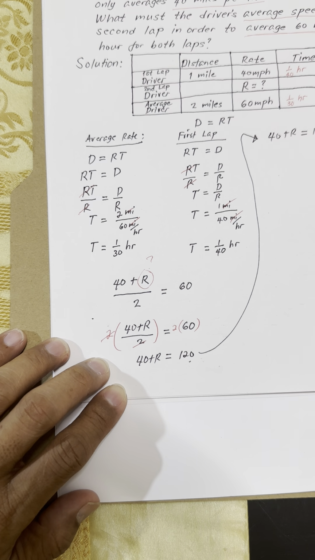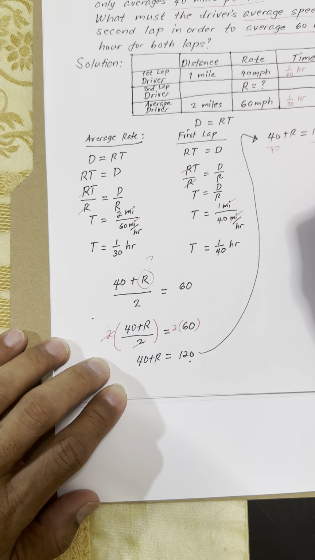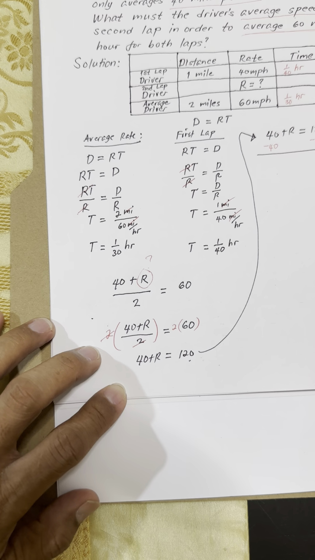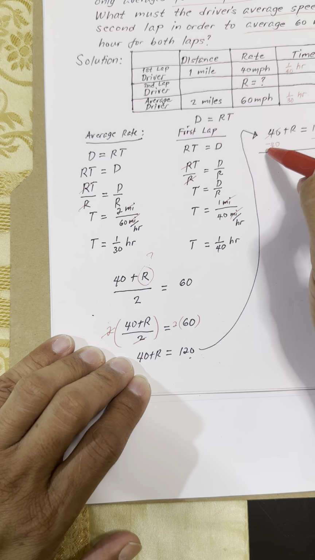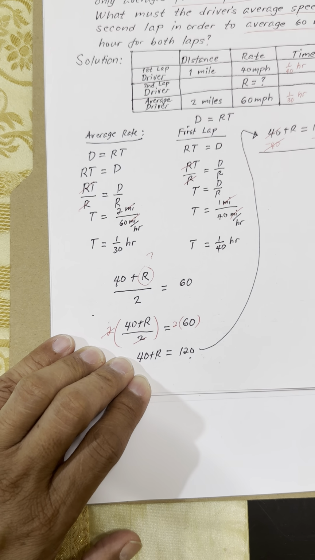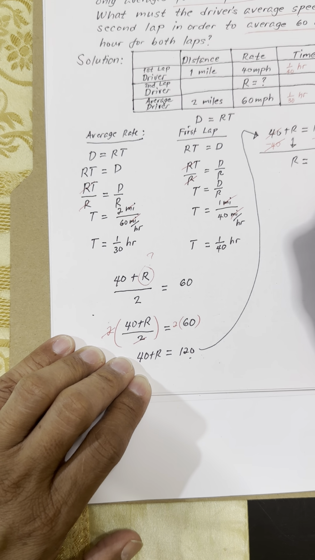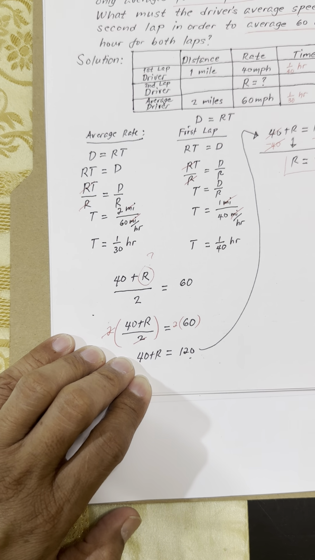So to solve for R, let's subtract both sides by 40. So subtract both sides by 40, applying the technique that I was teaching you in the other videos. So positive 40 cancels out with negative 40. Then bring this down. So we have R equal to 120 minus 40, which is equal to 80. Okay, so this is our answer. But what's the unit? So R must be in miles per hour. Okay? So therefore,